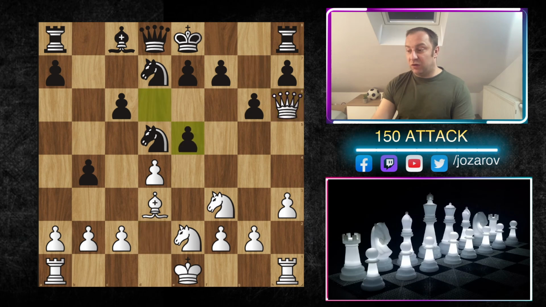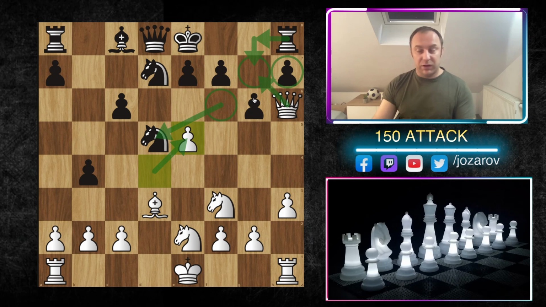Bishop takes h6, queen to h6, and now after d takes e5, you see d takes e5. But look at this now, the knight is not on f6. The queen will sneak in here on g7. Actually, this move queen to g7 would be possible if the knight would be on f6, because then rook to g8 would happen, and then the h7 is protected, so the queen has to step back. But now when the knight is deflected from the king side, now there is a huge threat of queen to